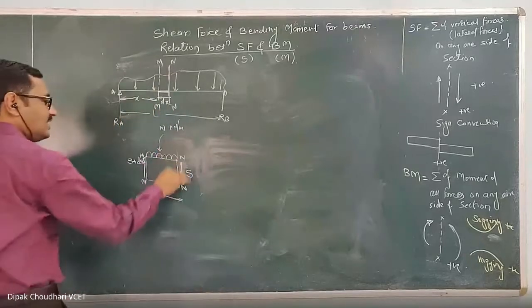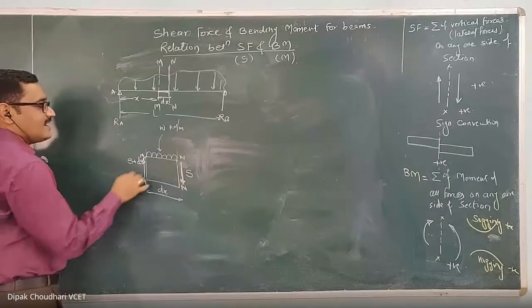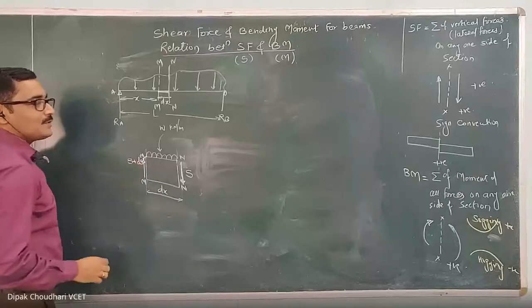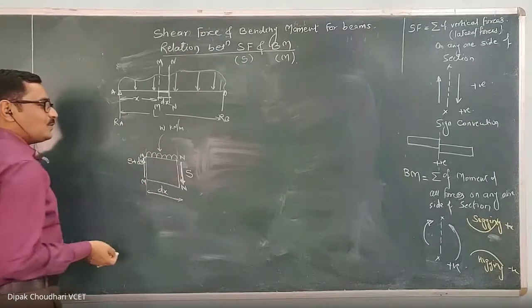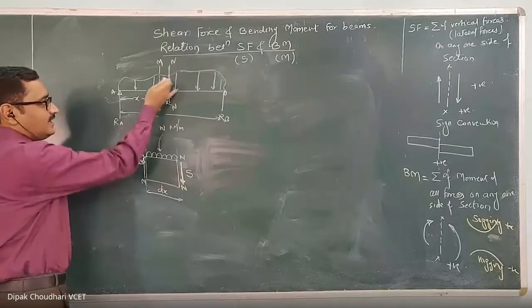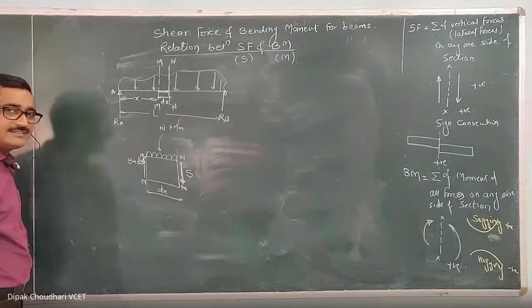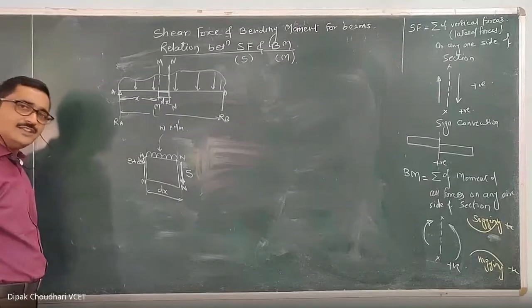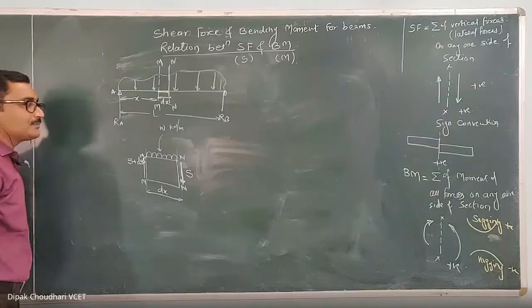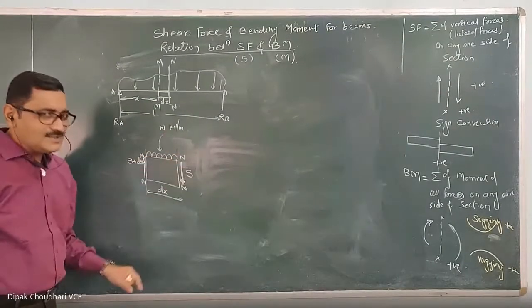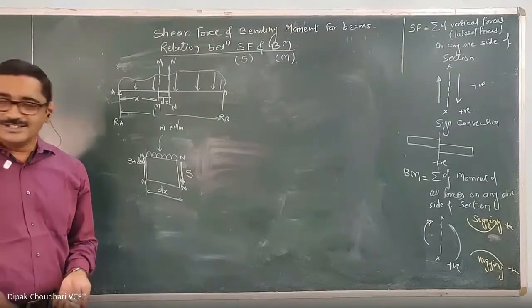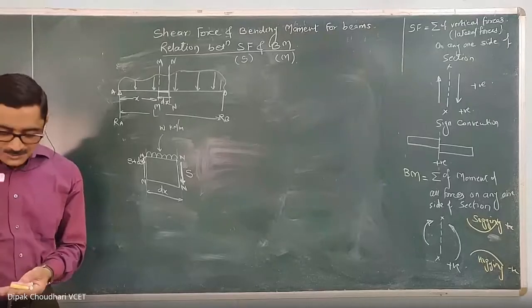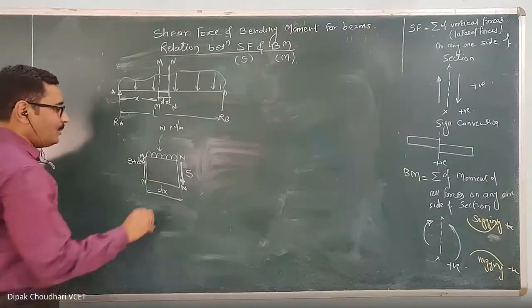So at this section nn let the shear force be S, and at this section mm let the shear force be S plus dS. Now here, because of these forces, these are the internal forces which are induced at the sections mm and nn, because of which this part is in equilibrium. Okay, but because of these forces, the forces are balanced. But what about the moment? The moment will be unbalanced. To balance that moment, one bending moment is induced.